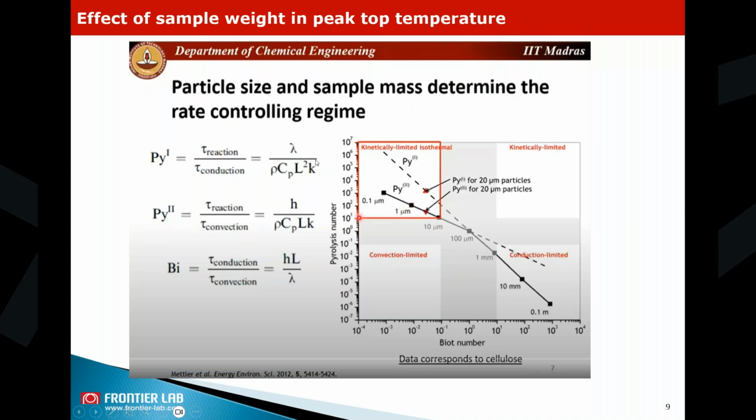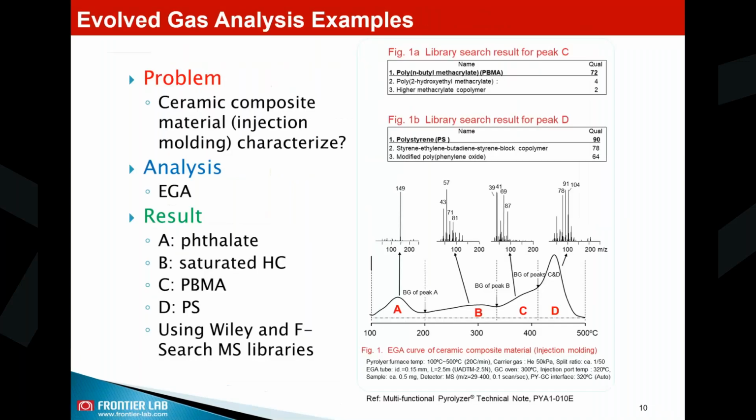Now let me move on to some examples to show how the evolved gas analysis can provide more information in addition to the peak top temperature or the thermal profiling or the temperature profiling of the material. Okay, so here I have an example, that is a ceramic composite material which is used in injection molding. So to understand the polymer composition of this composite material,